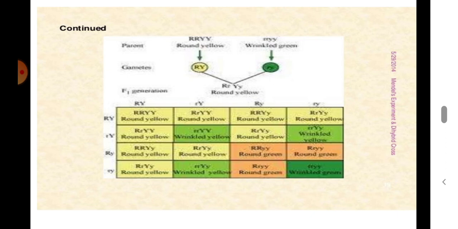During gamete formation, each pair of alleles segregates independently of the other and produces only capital R, capital Y or small r, small y gametes. All the plants produced in the F1 generation were with round and yellow seeds, capital R, small r, capital Y, small y, which were heterozygous for both the alleles and are thus called dihybrids.